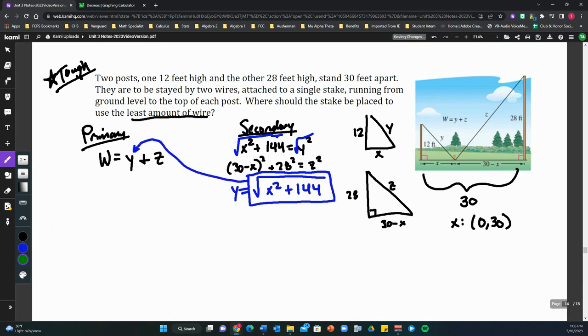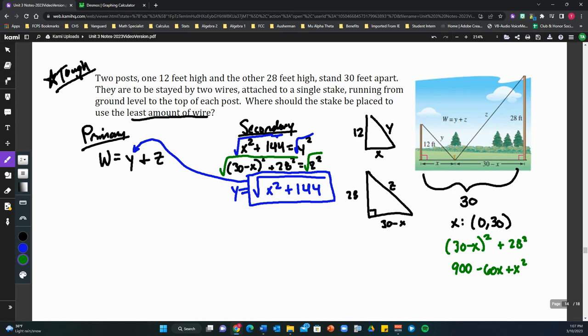Now for the bottom guy, it's still the same step that we just really need to square root both sides, but this stuff over here I need to do a little bit more work for. So I'm going to do that down here. So 30 minus x squared, we're just expanding this binomial, so I get 900 minus 60x plus x squared. And then plus 28 squared